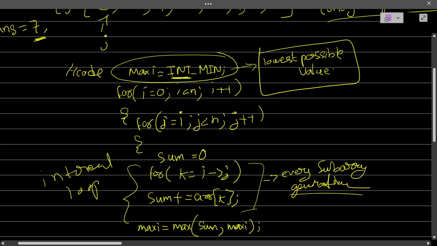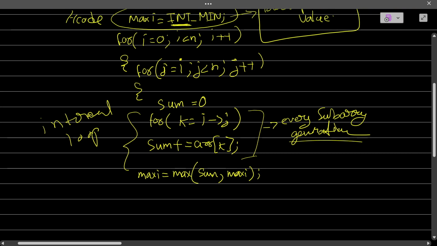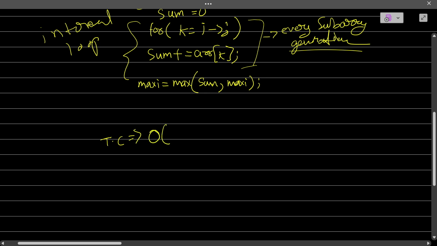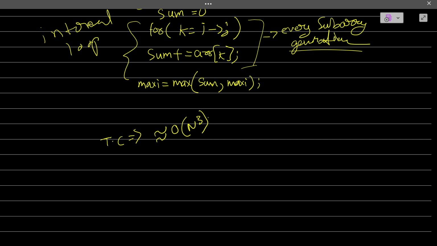Okay, let's try to get the time complexity. Since we are running 3 loops, the time complexity will become n cube, nearly n cube. Why am I saying nearly, that it becomes near about n cube? Because